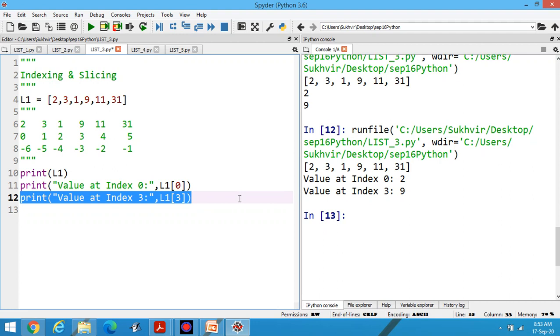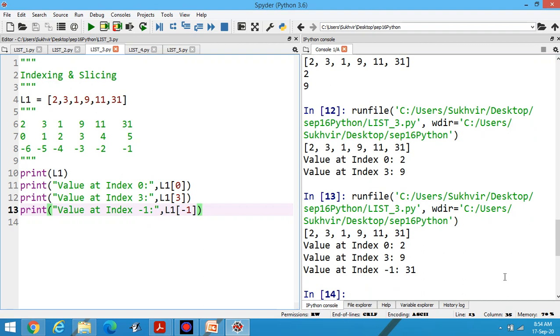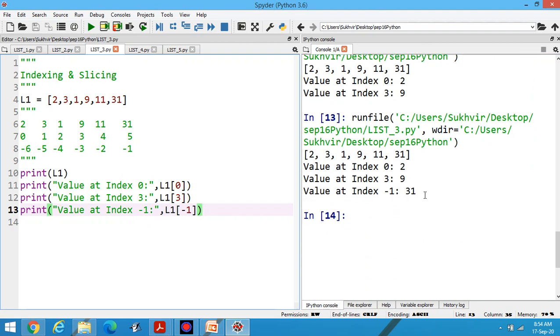Suppose I copy this one and paste here value at index -1. You can write here -1. Now execute the program. You can check the last value, -1, 31.